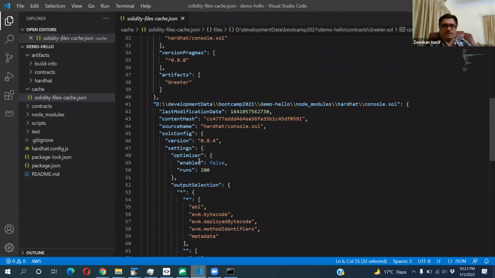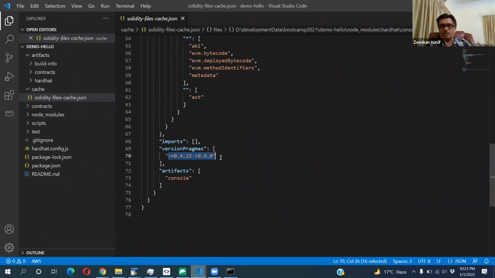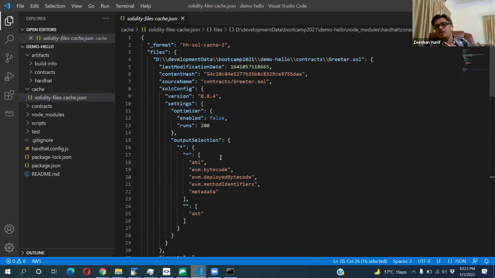The version you are using is also there. These are the details that will be used by Hardhat to help deploy code to the Ethereum network, testnet or mainnet. We don't have to learn in detail what this is doing.